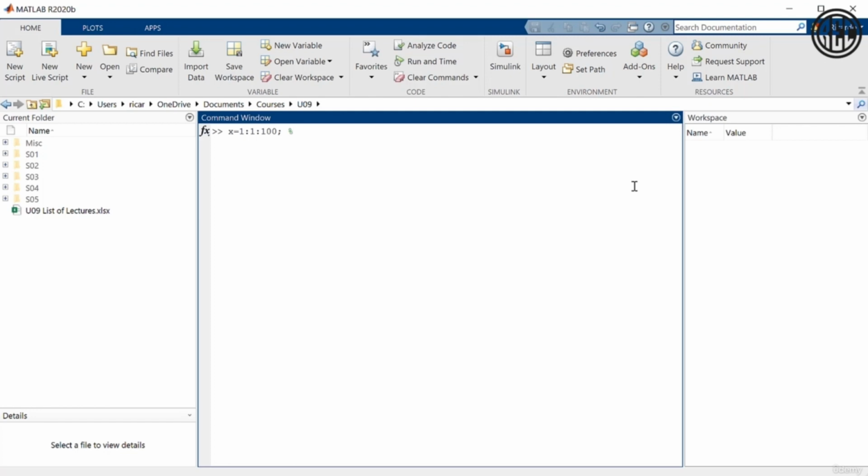It's just a comment. So to do that, you can type the percentage sign, so this sign over here, and then you can type the comment. And notice that the color changes as well. So I can say here, for example, that this is going to be a vector from 1 to 100 spaced by 1. So essentially I'm saying this command over here, x equals 1 colon 1 colon 100 semicolon,